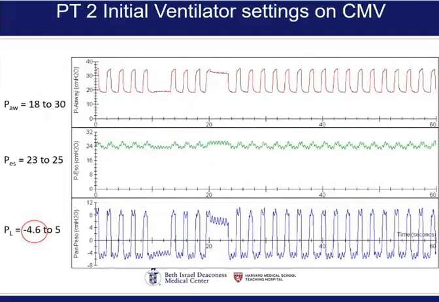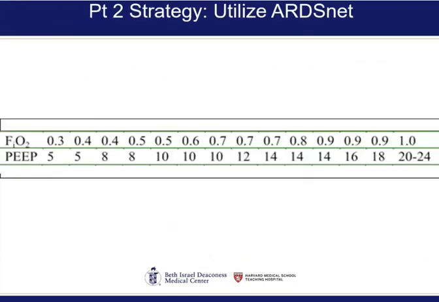So this patient, these were the measurements. Airway pressure from 18 to 30, esophageal pressures high due to the multiple injuries, and the transpulmonary pressure measuring out at negative 4.6 at end expiration. So this patient also substantially under-recruited, but this patient was enrolled in our trial, and when he randomized to the